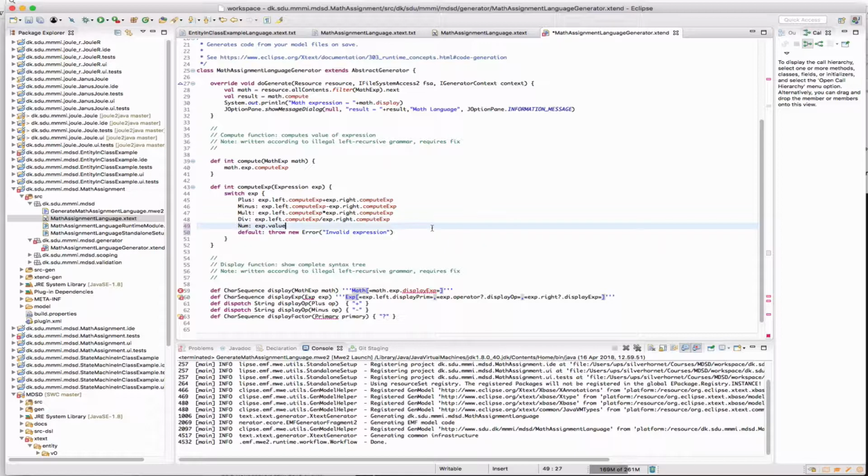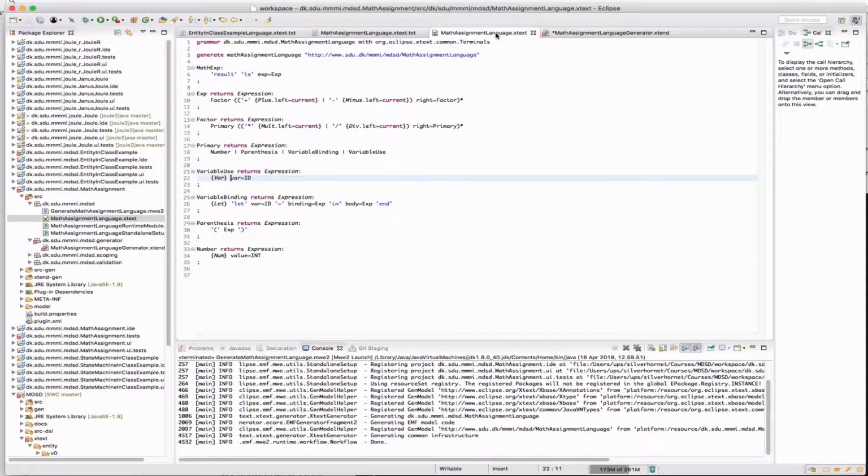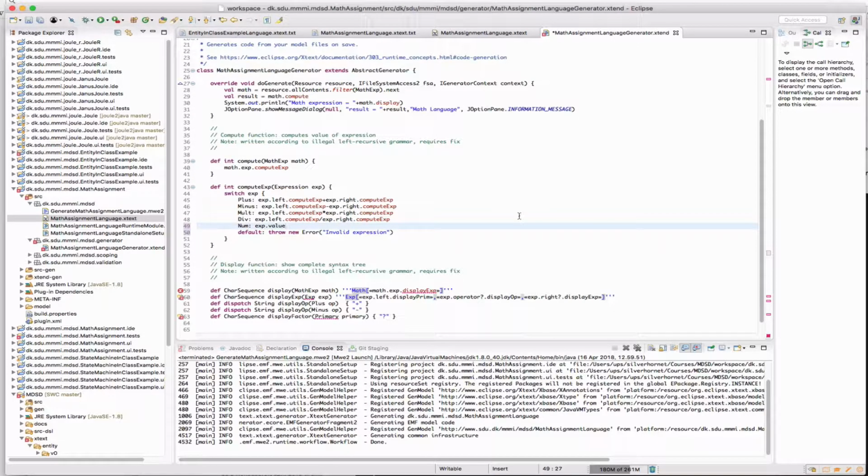Okay. And then I have var and let. I haven't really figured out how to do those yet. So what we want there is basically a way to